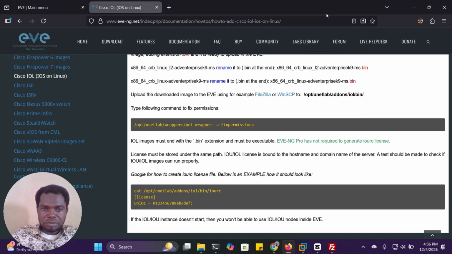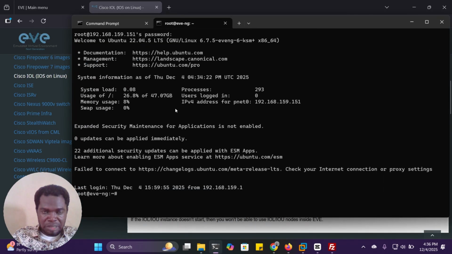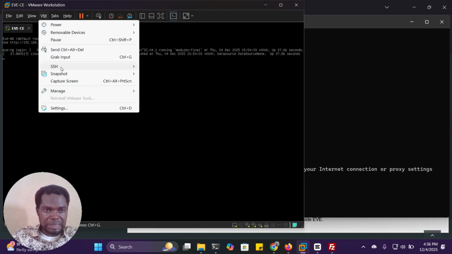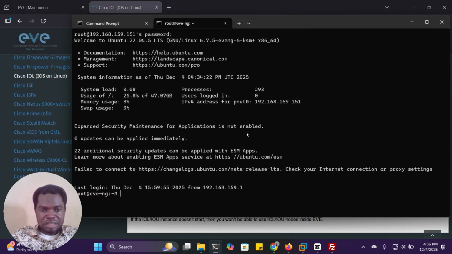So we'll do it one by one. Okay, all right. So now that we are here, I've SSHed into the folder by clicking on the Workstation Pro here, the VM here, and SSH here. We are already inside it. So when I do ls here, it shows me the folders: UNetLab, add-ons,